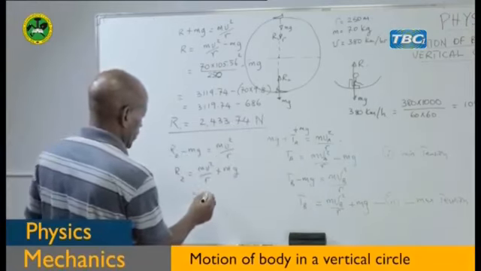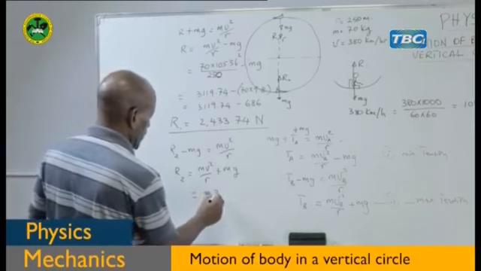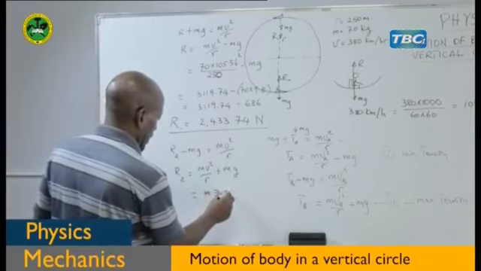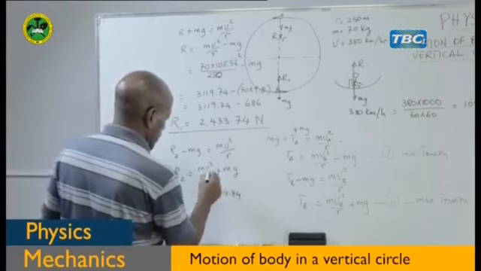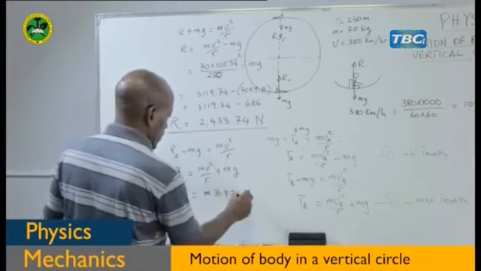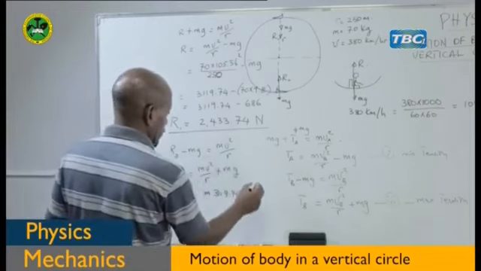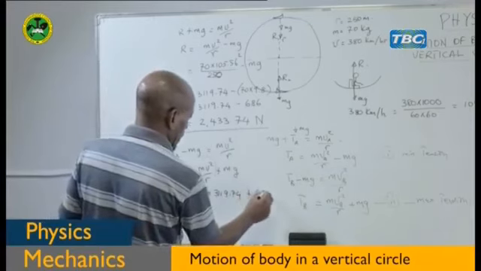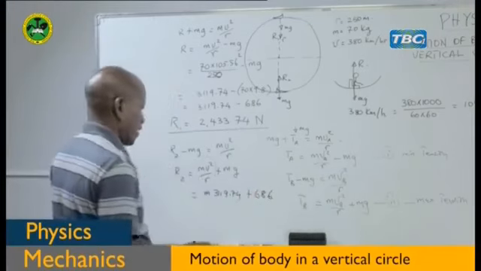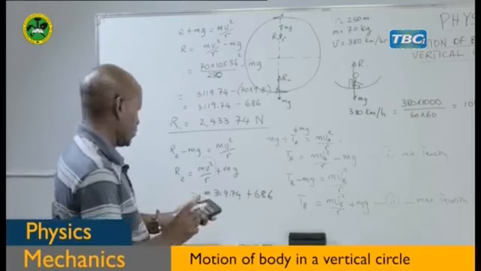We are going to have 3119.74 for this value, plus mg, which is 686. And if you add there, you are going to get